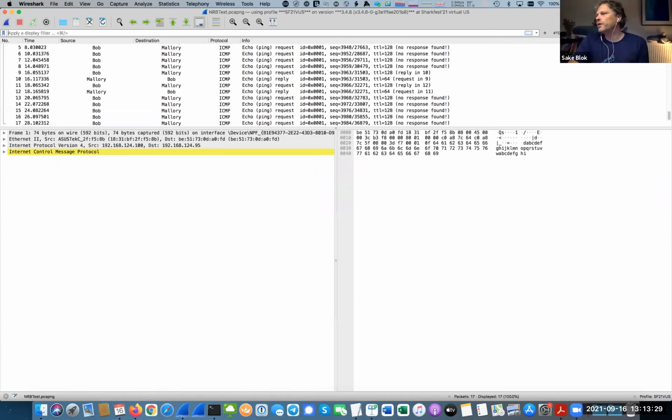Do I have a workflow? Actually, this presentation was triggered by a question on Ask, where it was clear that the name resolution process wasn't very clear, and also not to me. But to be honest, I don't use name resolution on the network layer very often. I usually use IP addresses, so I don't have a workflow myself. But based on my discoveries in this presentation, I would say,